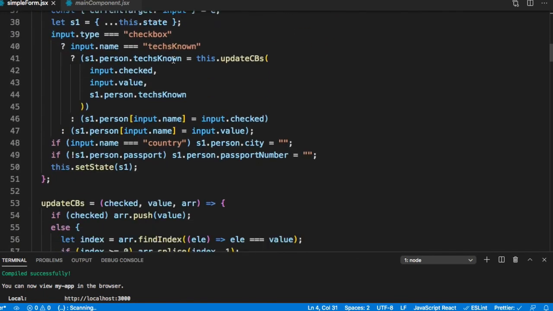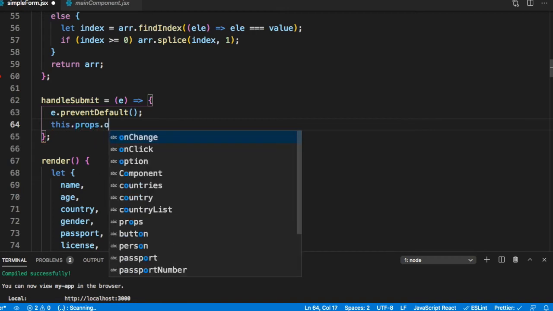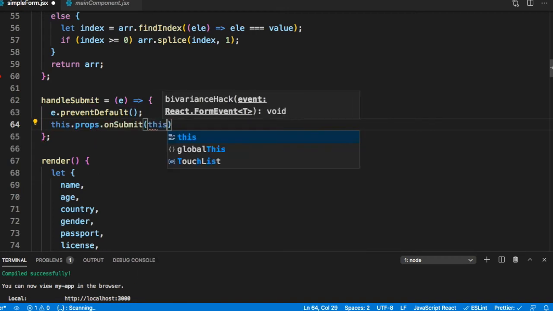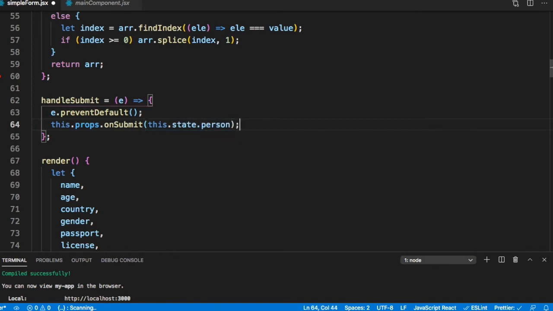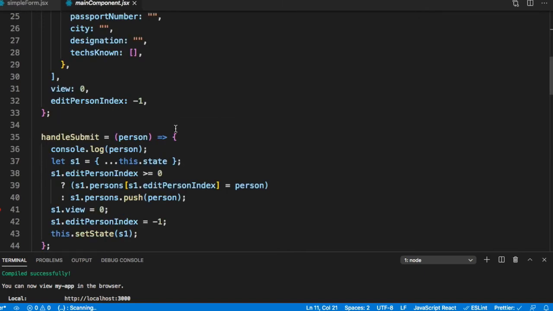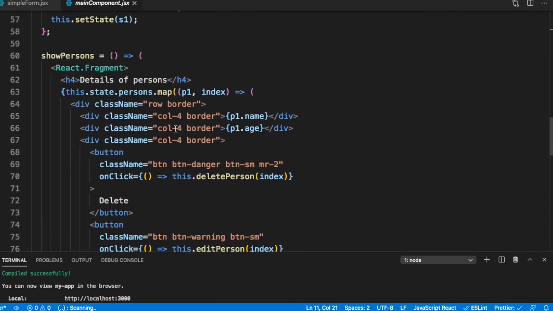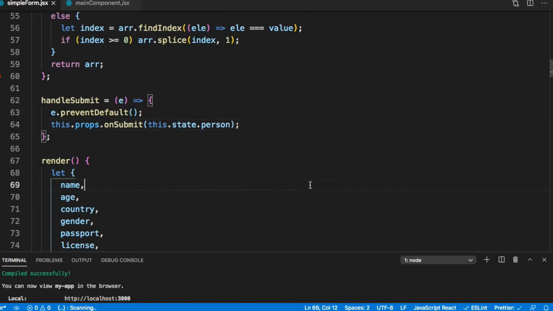The second thing is that in the handle submit, we will just call this.props.onSubmit with this.state.person. Let's just check whether that was the name of the function we were passing in the props. So onSubmit. We have mapped the onSubmit also. So those were the two changes we typically want.